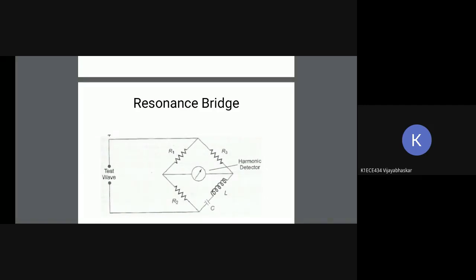With a harmonic distortion analyzer, we have to recognize the distorted signal. In the distorted signal, some harmonics are present. That means how many complete cycles are available in the distorted signal. We have to measure it with some instruments. Those instruments are known as harmonic distortion analyzers. So based on the fundamental frequency suppression, we have the following different types of harmonic distortion analyzers. They are the resonance bridge method. This is the first method.